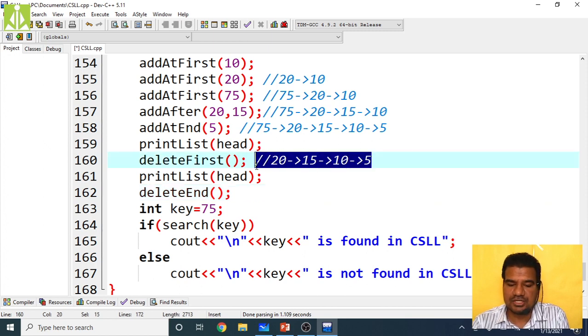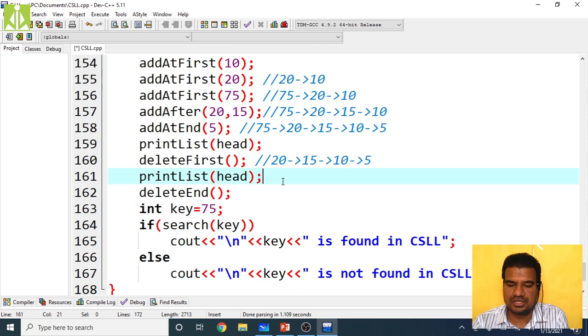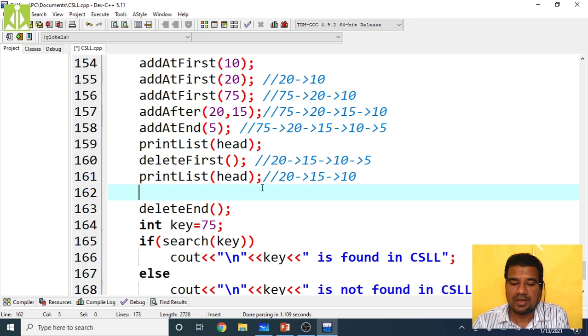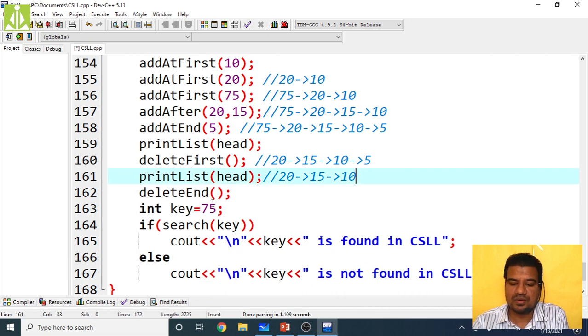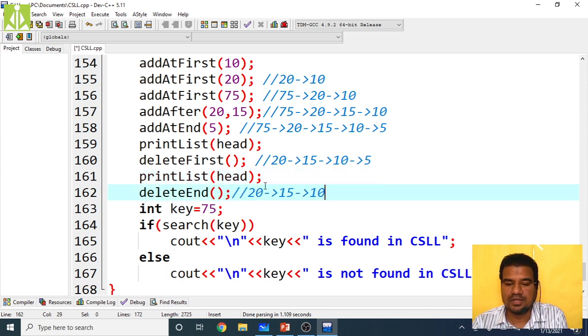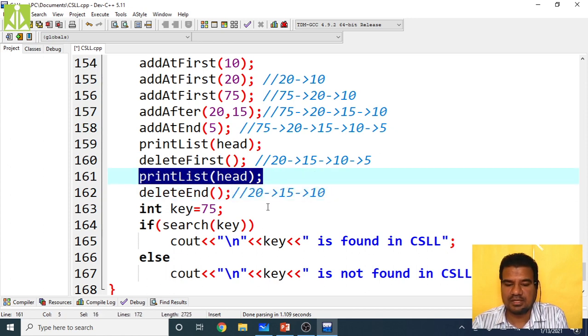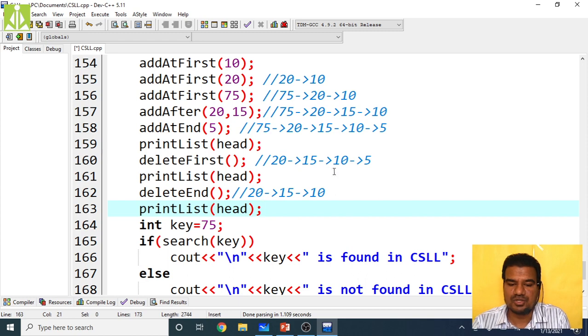That is, it should delete the 5 also, and it should give me only 20, 15 and 10. Again, delete first we have done, so delete end we are doing, and if you print the values after deleting, you should get this much.